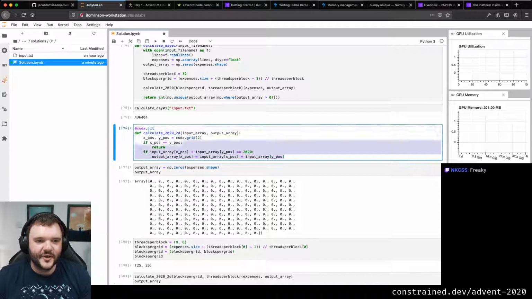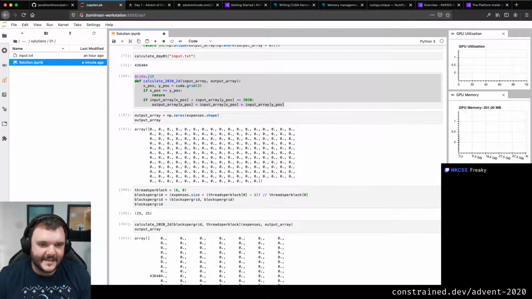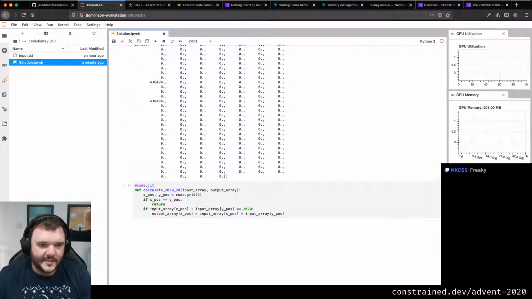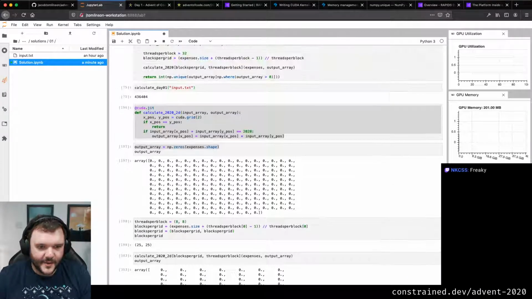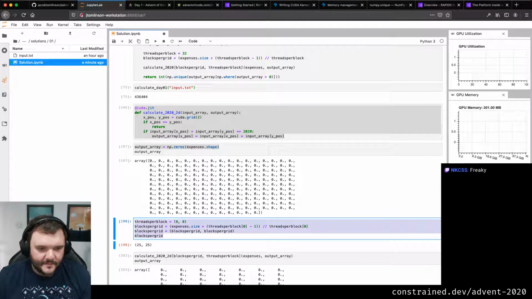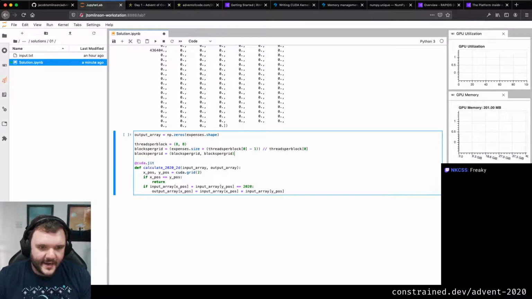So now let's try doing this in 3D, just to add even more insanity here. I'm just going to do this all in one cell, I think, so I can change it and run it in one go. Right, and then instead I'm going to make this 8 by 8 by 8. Am I going to start getting the same problems here? Maybe I will. So do this in 3D.